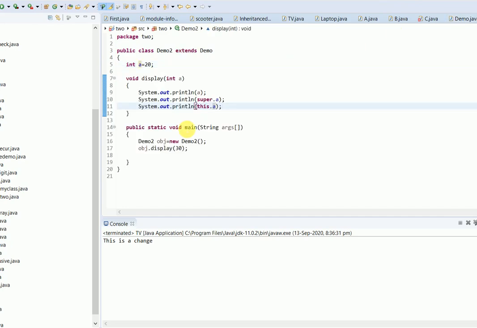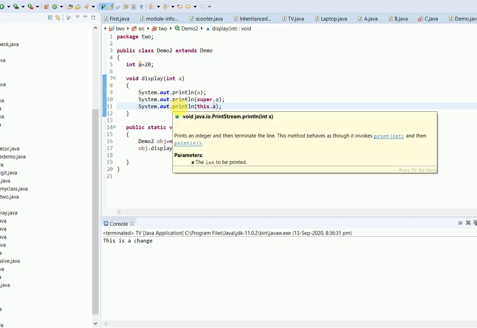So let's see. When we are creating the object of the Demo2 class, to the display function we are passing this value 30. So this 30 will get stored in this local variable a. Now when you print, the first print statement should print 30, the second one should print 10 as it is referring to the variable of the parent class, and this one, that is this.a, should print 20 because it is referring to the a of the current class, right?